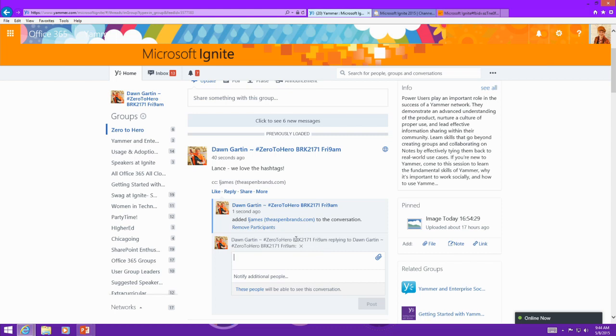So again, another way to collaborate. It's not just about our internal teams. You might be working with vendors, with partners, so there are different ways that you can use that, depending on how you're working. And again, that's up to you and your network if you choose to opt in for that feature.